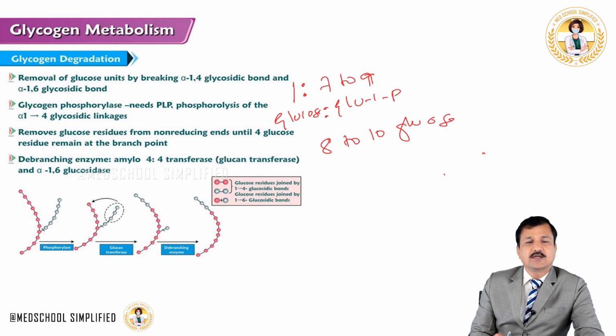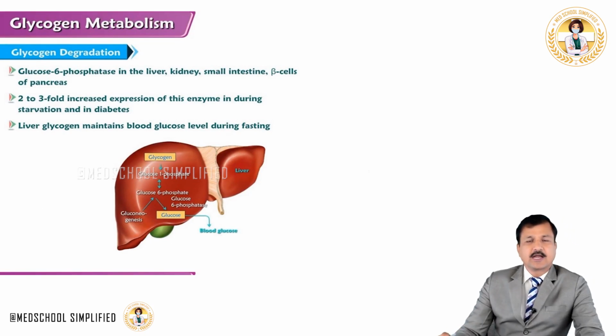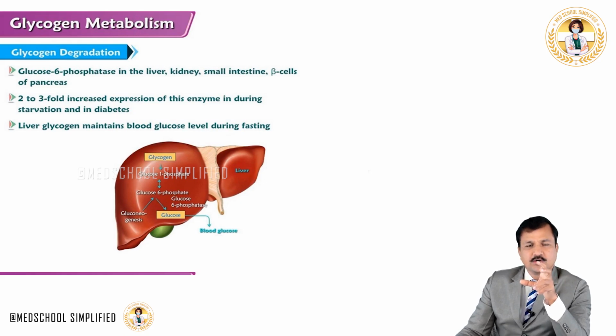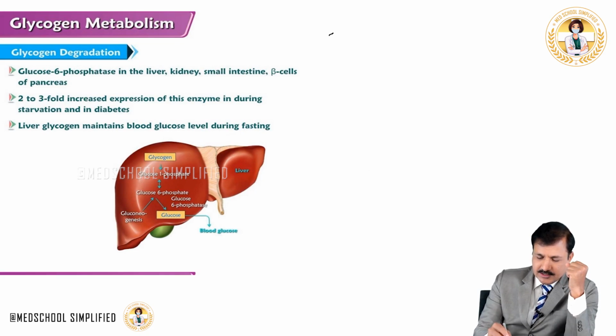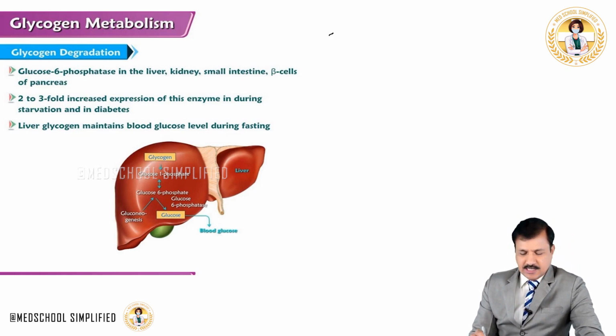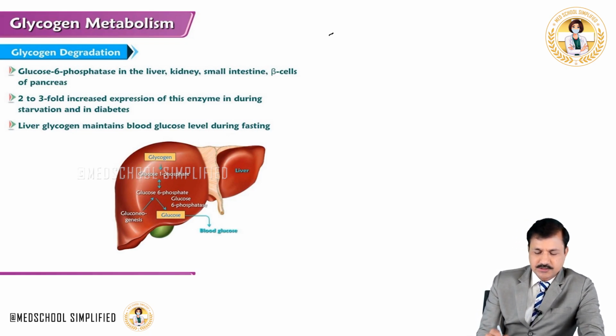Now what happened to the glucose-1-phosphate that is released by glycogen phosphorylase? Out of every 7 to 9 glucose residues which are released as glucose-1-phosphate, there is only 1 glucose that is released. So the majority of the molecules coming out of glycogen degradation are glucose-1-phosphate. As shown here in the figure, glucose-1-phosphate will be converted into glucose-6-phosphate by the phosphoglucomutase enzyme, and the glucose-6-phosphate will further be converted into glucose, and that is done by